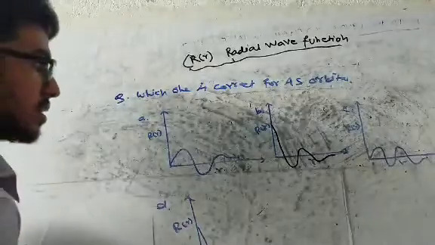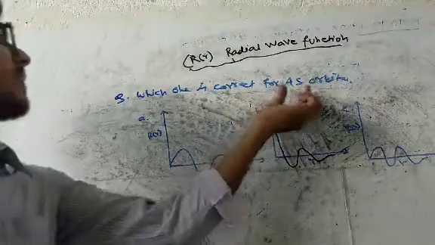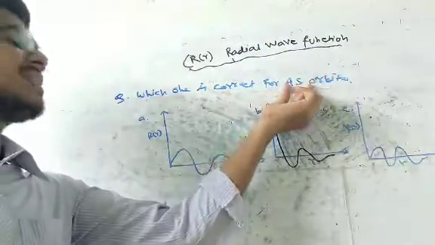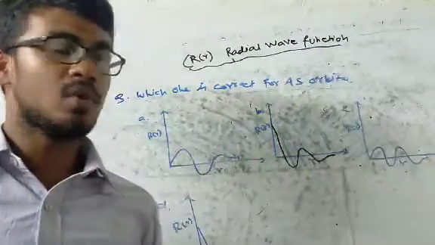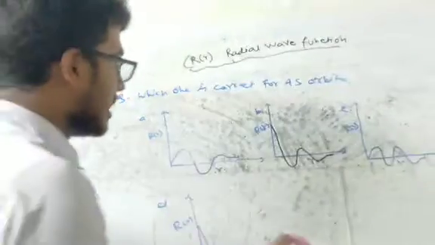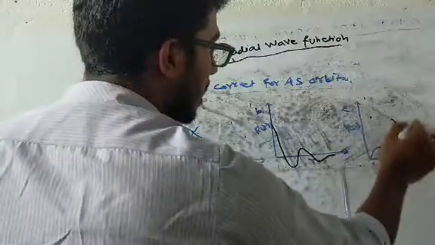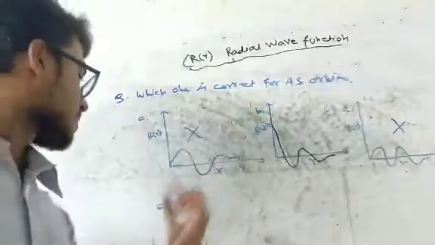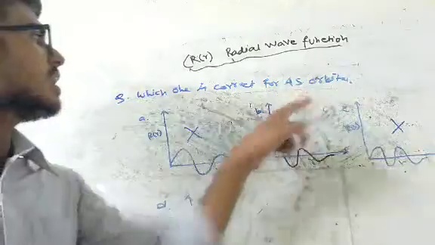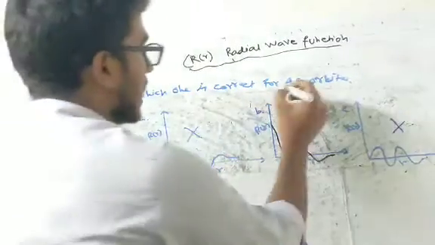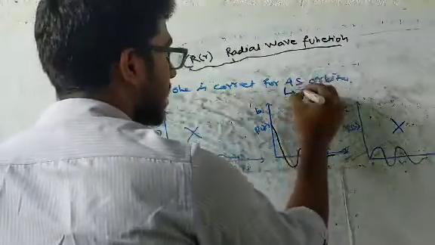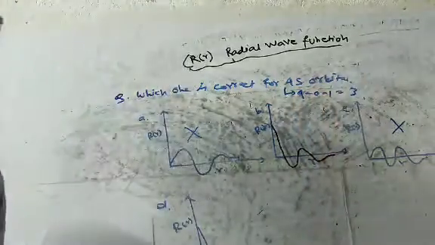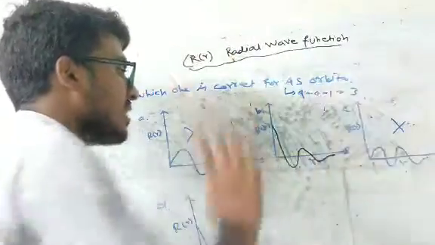So how should I predict? The question says for the 4s. Now we all know that for the s orbital, the graph always starts from the y-axis. So that means these two options are rejected first. Then I have two options left, option B and option D. Now let's take the nodes. For the 4s orbital, 4 minus 0 minus 1 is 3. So we have 3 nodes for the 4s orbital.